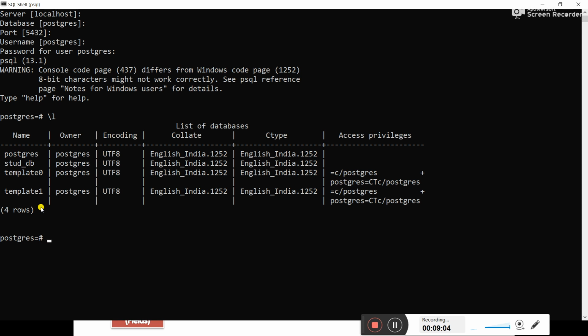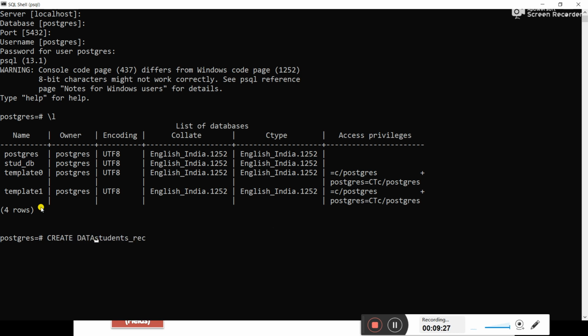Now we are going to create one new database, named students record. This is the database which I want to create. Now what to type before this? First we will type create database.